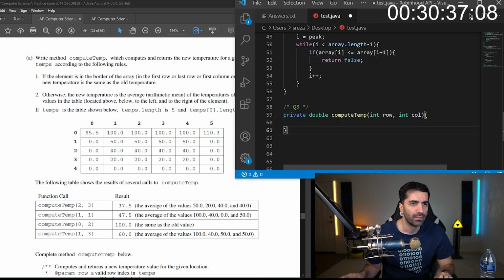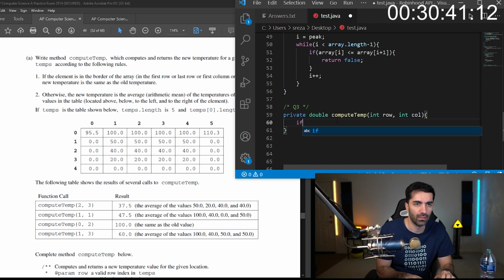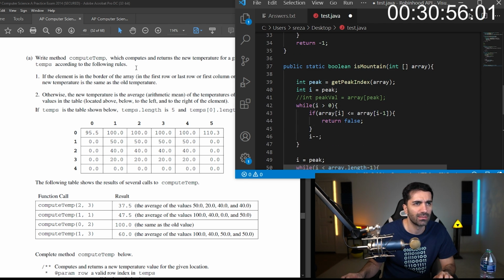So the first thing we want to do is we want to check if it's on a border. So we'll say if row equals 0 or row equals, is it temp or temps?